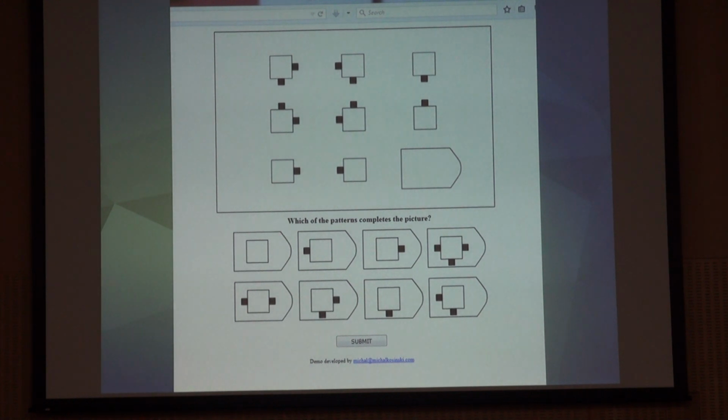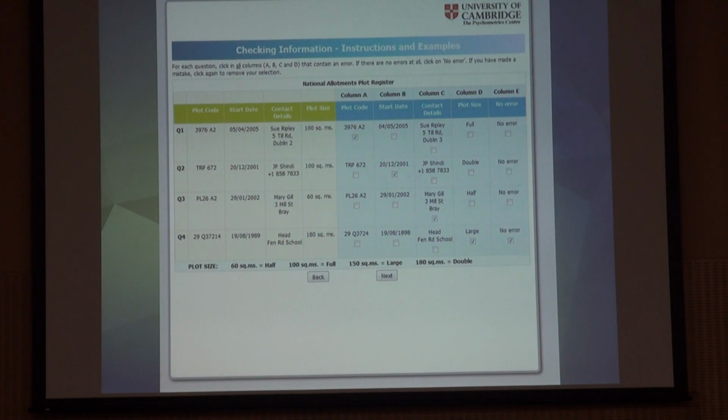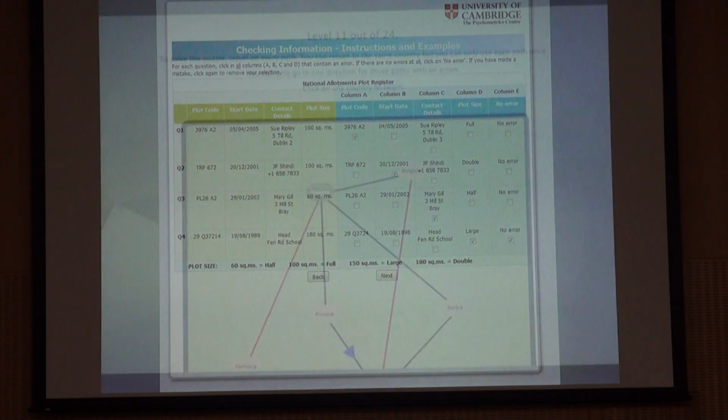This is an ability test, just to show it's not just text-based things, so you can have pictures and all the rest of it. This is a more complicated test where you're meant to look at the data on the left and the data on the right, and if it's the same or different, one of the two, you tick the box. It's meant to show that you can look in detail at things. This was created for an Irish civil service selection process.